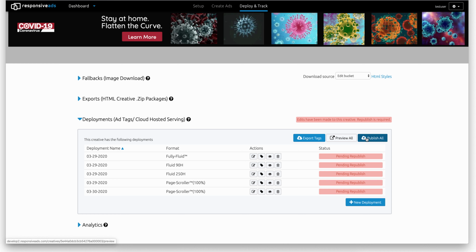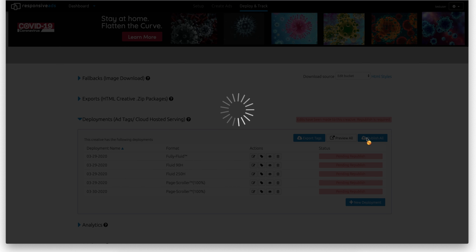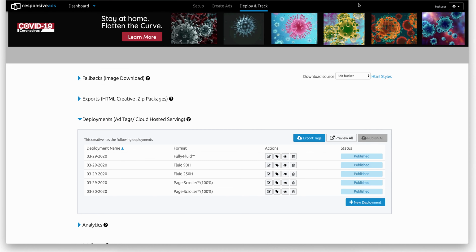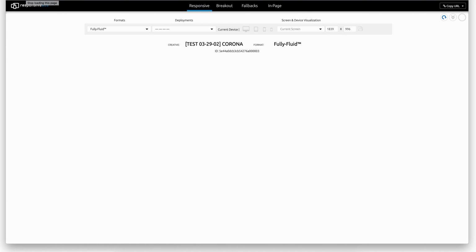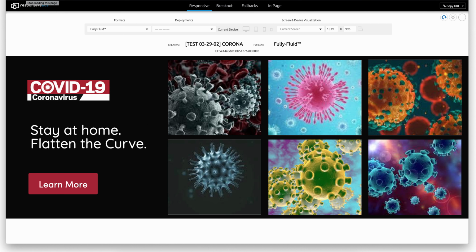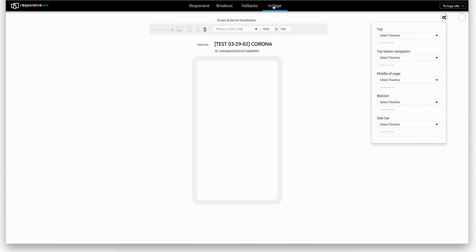So now I'm going to publish all, and I'm going to launch my preview page. And as you can see now, you can actually see those different deployments in your in-page viewer, which is a new feature that we've added. And so now if I go to this preview page and I reload the preview page, there you go. And now if I go here and I click on in-page,